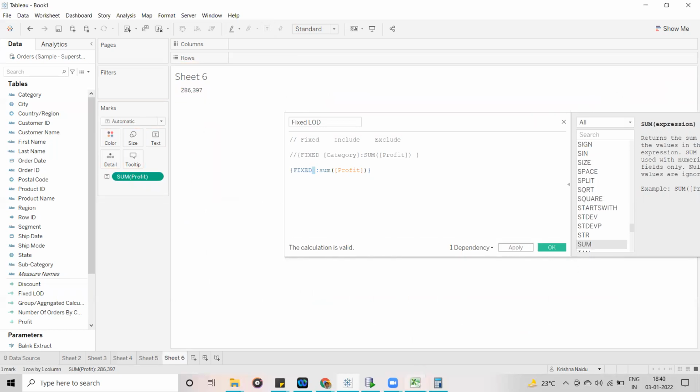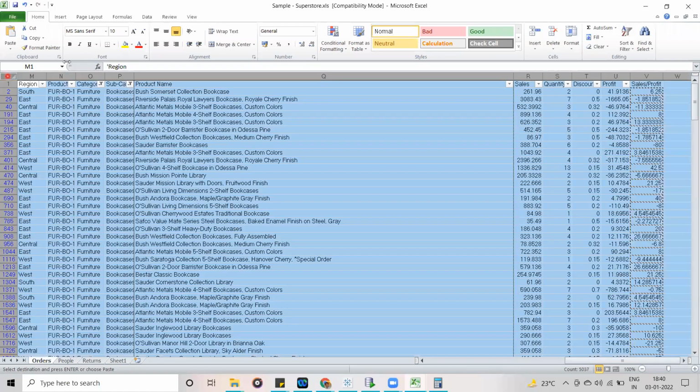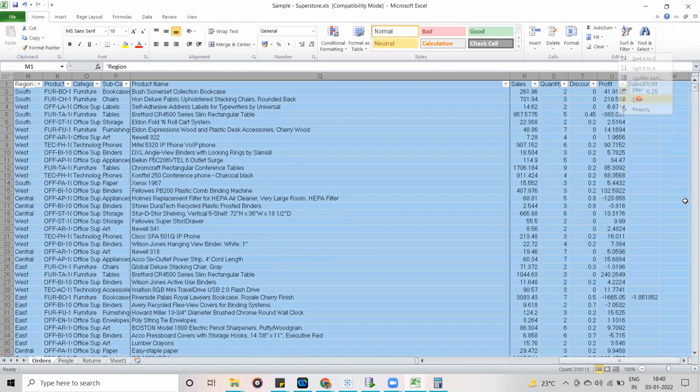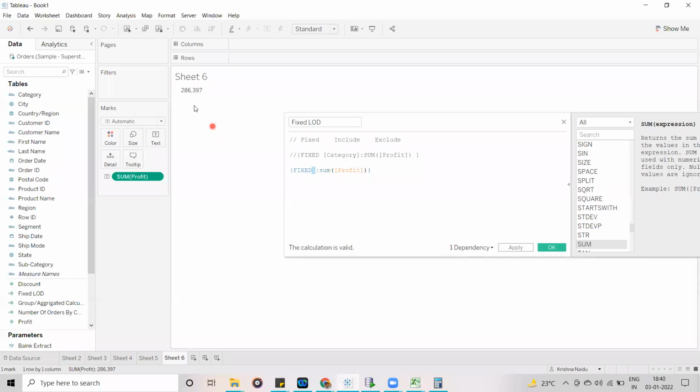If you go to your Excel file, clear all the filters, and click on profit, you can see 286397. The same value is displayed here. It displays the total profit if you don't mention anything.